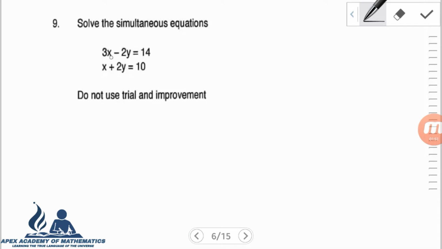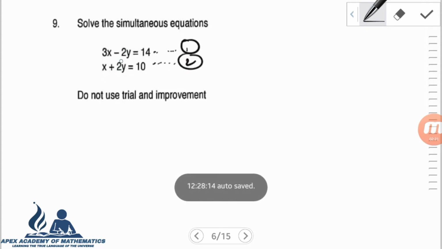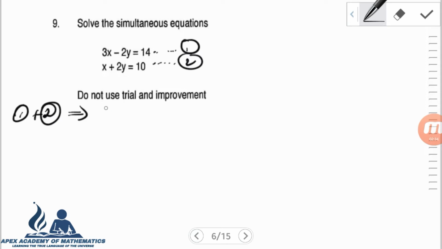But I do encourage you to apply the substitution method as a practice exercise, so you can make x the subject and do your little thing. For this one I'm just going to be using the elimination method. Starting out by calling this my equation 1 and this my equation 2. The coefficients are the same, so I'm good to go. I don't need a third or a fourth equation, so all I have to do now is add to eliminate. So equation 1 added to equation 2 implies I'm going to have 3x